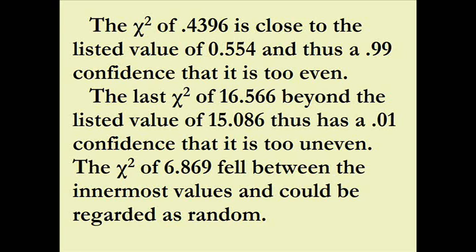That last extreme scenario where we had 16.5, the right-hand value on the table was 15.08, and it was at the 0.01 level that it was too uneven, that it was not random. Then we had something that fell in between of 6.86, and we noted that that's what you would expect if it was random,